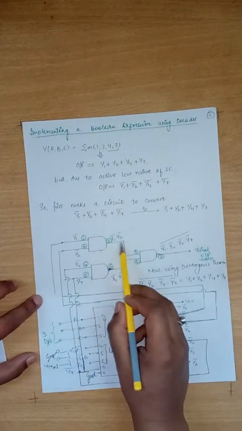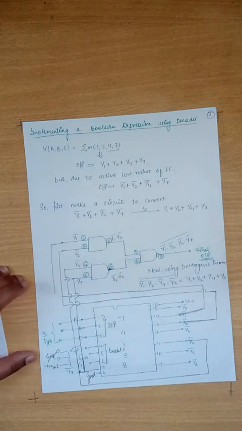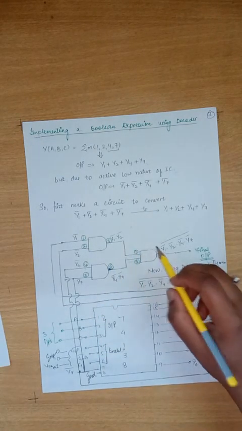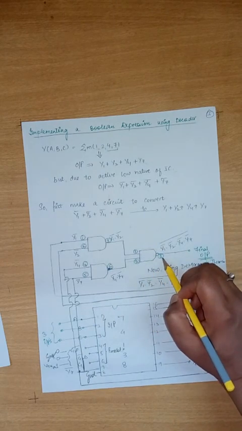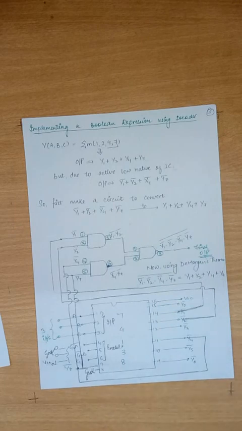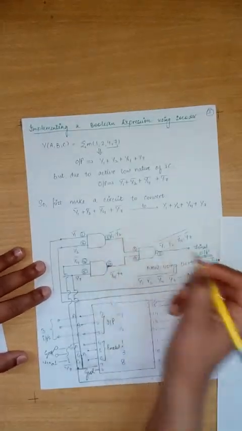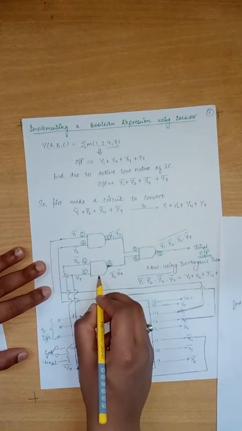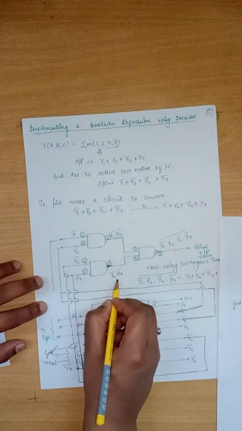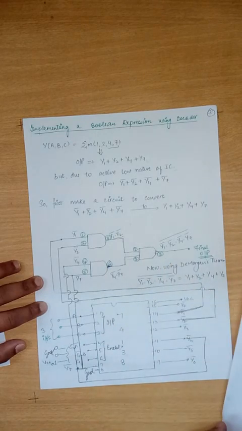This output is taken as the input to a NAND gate IC. The implementation is the same as for the previous gate IC: 1 and 2 as the inputs and 3 taken as the output. So this pin 3 will be taken as the final output and connected to my output pin. From this gate I am getting my output as y1 bar, y2 bar. From this AND gate I am going to get my output as y4 bar and y7 bar. The total output that I am getting at this NAND gate is y1 bar, y2 bar